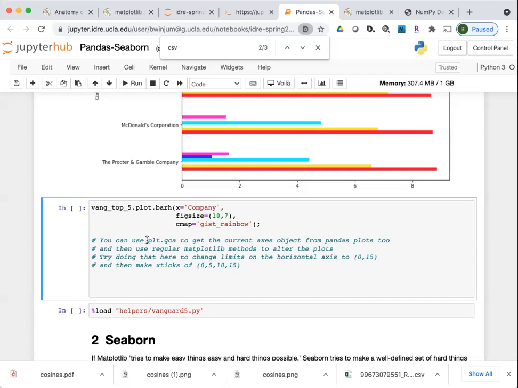So for example, you can use plt.gca to get the current axes objects from the pandas plots. And then you can use matplotlib methods to alter the plots. So just as an invitation for you to try something out, try changing the horizontal axis here from 0 to 15, and try making the x ticks 0, 5, 10, and 15.